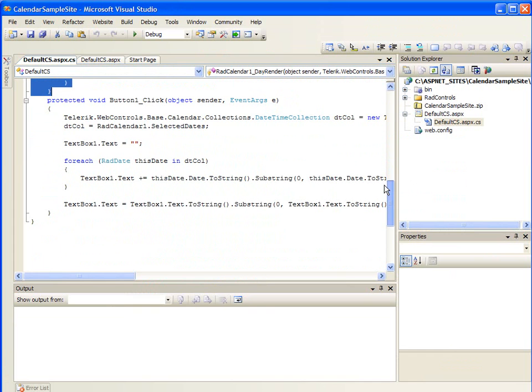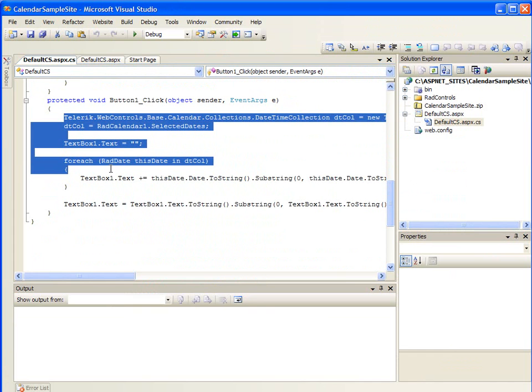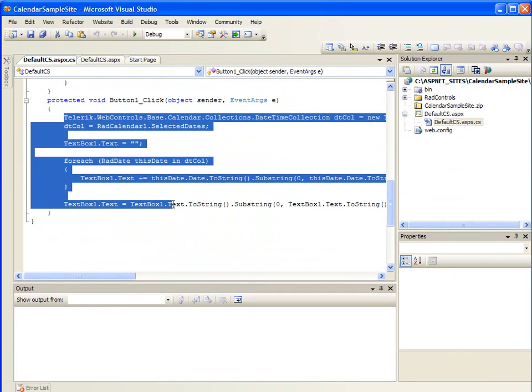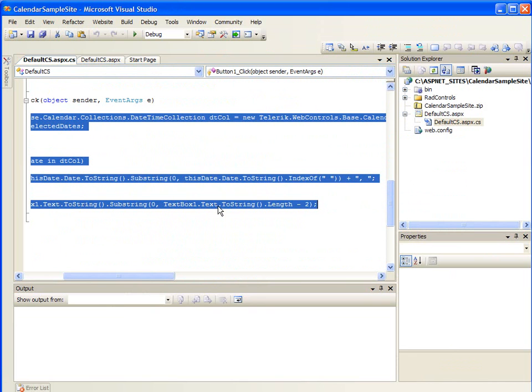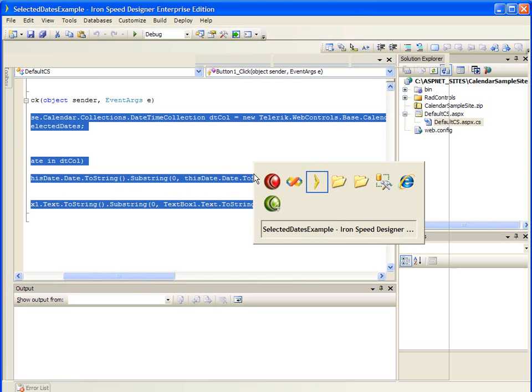And in my button click event, I've got some code here that I'm going to have to fix. I can't use the text box 1 in the application, but we can fix that. So we'll Control C, we'll copy this code, and what I want to do is come back into the IronSpeed application,